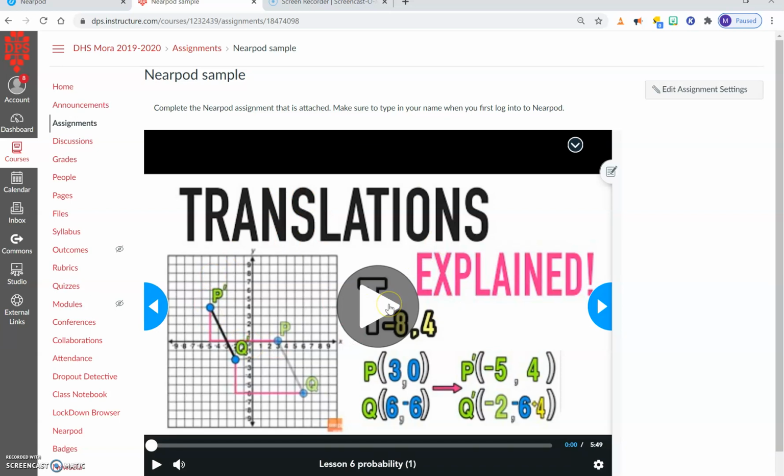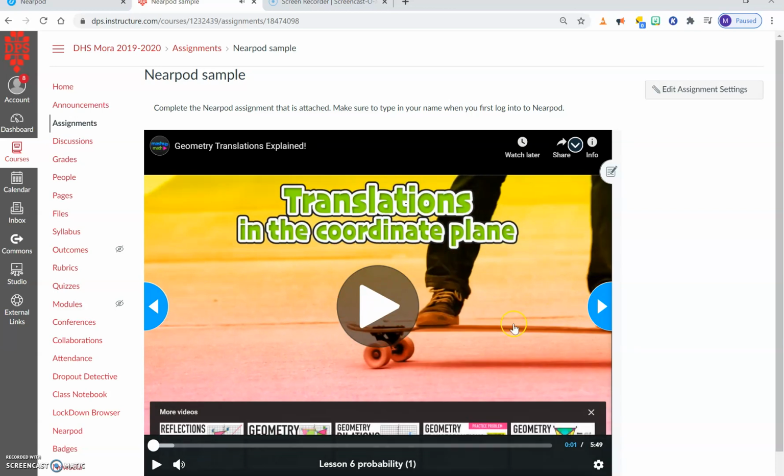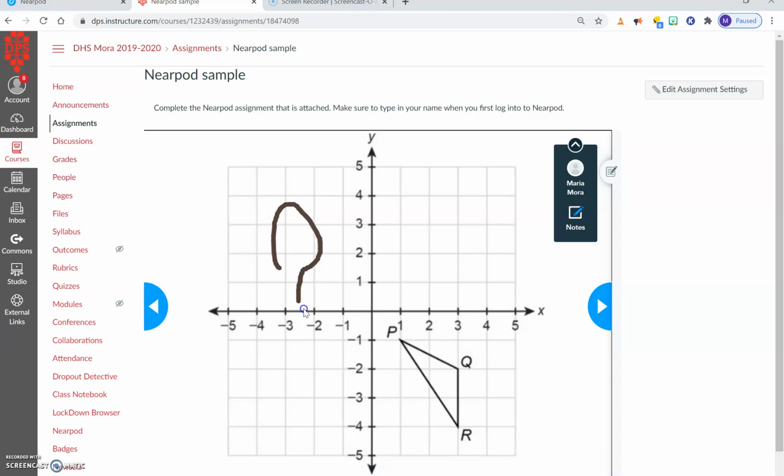Notice how I added the video that I shared with you earlier, where students can look at the video and answer questions so they can play it. And then they can move to the next slide. So in here, if the students look right here on the menu, they can use that as notes. I really like this because students can draw. So see, if I am translating this, I can draw